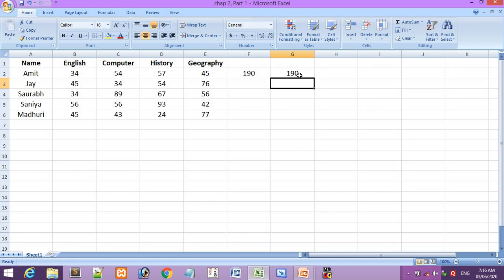Okay, now I hope that you have understood this point, how to enter a formula in MS Excel. The remaining 2 points, that is copying a formula and cell referencing, we will study in the next lecture. So do practice them at your home. If you have a computer, MS Excel might already be there.